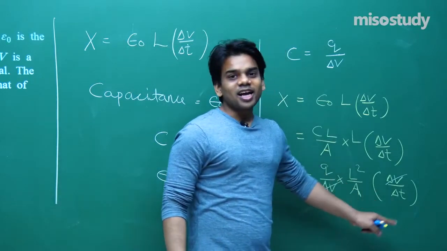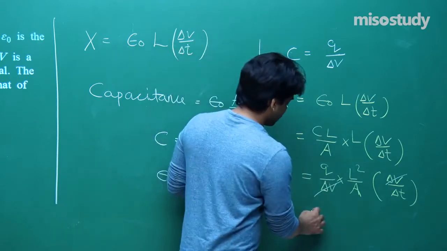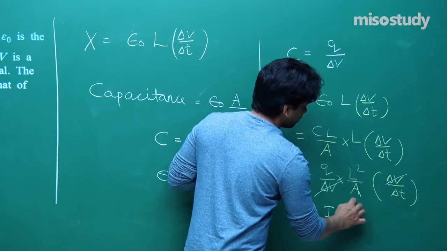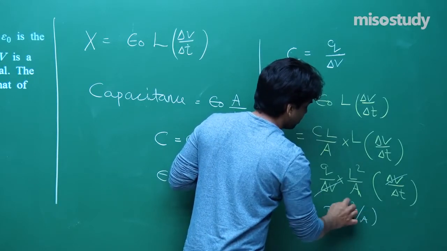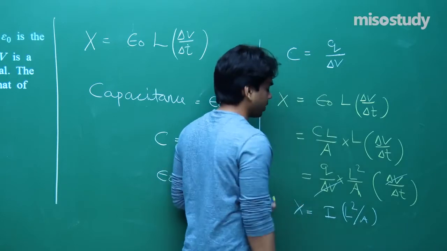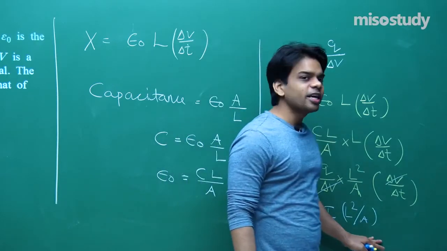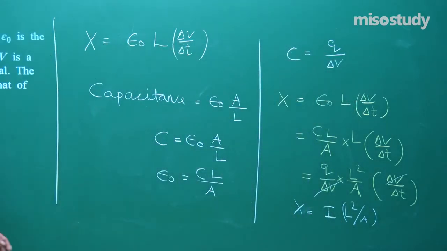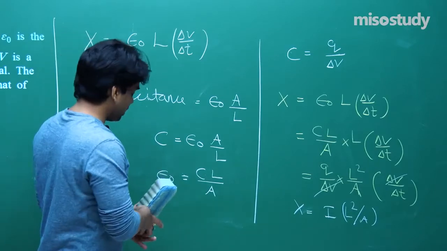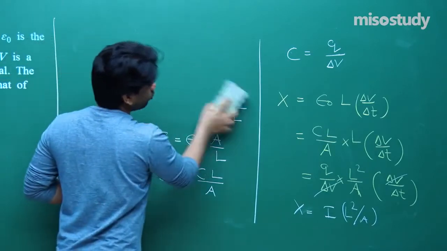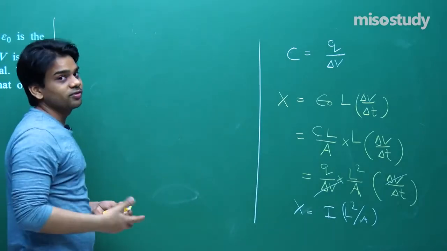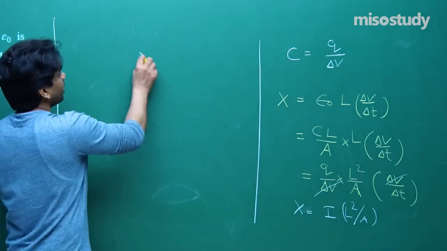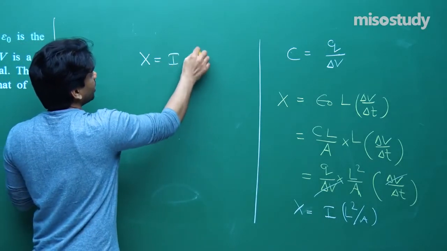Q by delta T, that is actually current. So if I write Q by delta T as I, and L square by A, let me write it here. This is the term that I am going to get for the value of X. So take note till here, let me rub the board and write at the other end. I believe that you have already understood what the dimensional formula for current will be, and why I have disclosed all the terms here and didn't evaluate the entire dimensional formula. X equals I L square by A, this is the term we got, I stands for current.